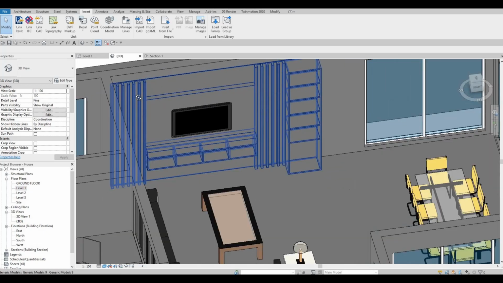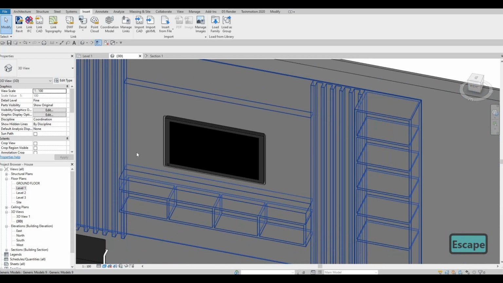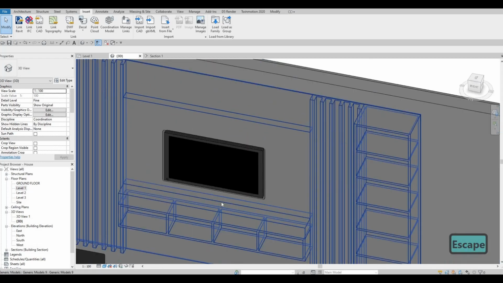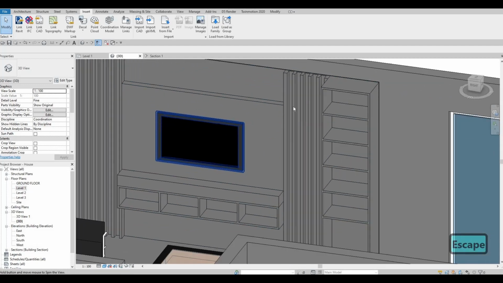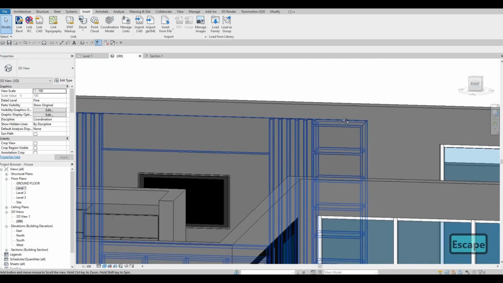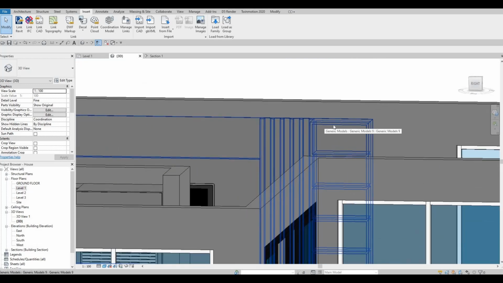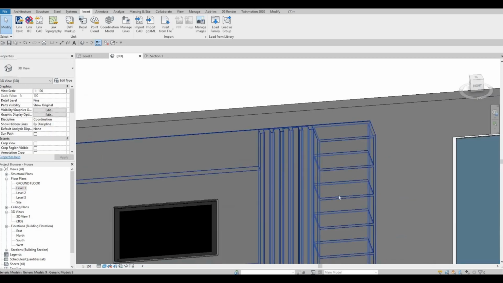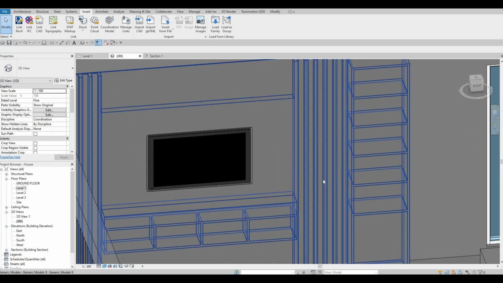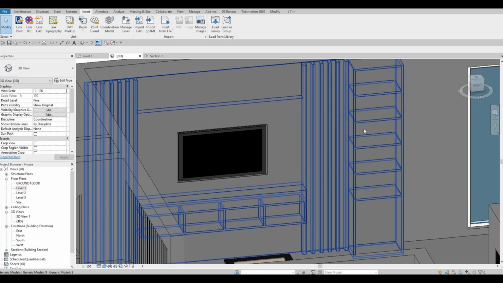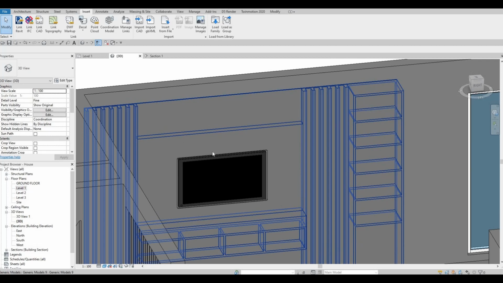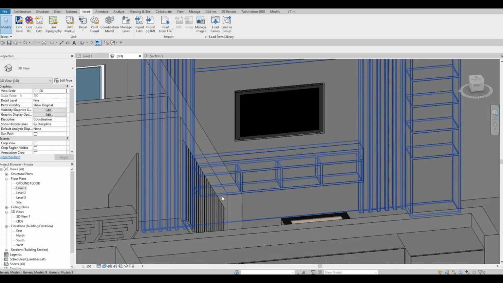And then if you want to, you could put in some lights around here. Definitely you could add that, and then it will really be good. You could put lights below or above right here as well on each shelf, so that when you put it in Twinmotion and you choose neon as your light, it will create that beautiful effect. So you can put it around the TV as well, or on the side if you want to,